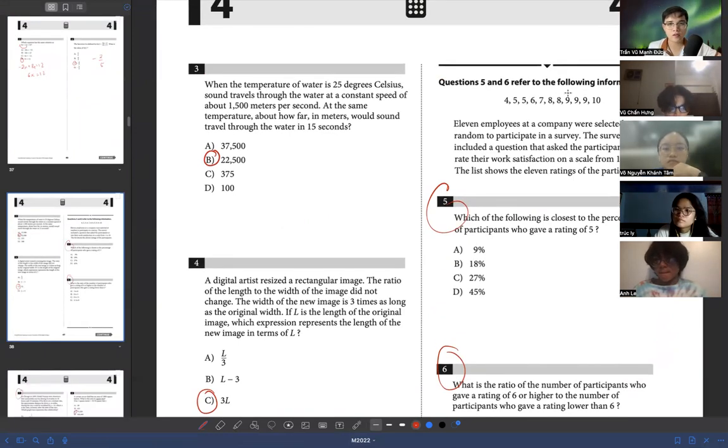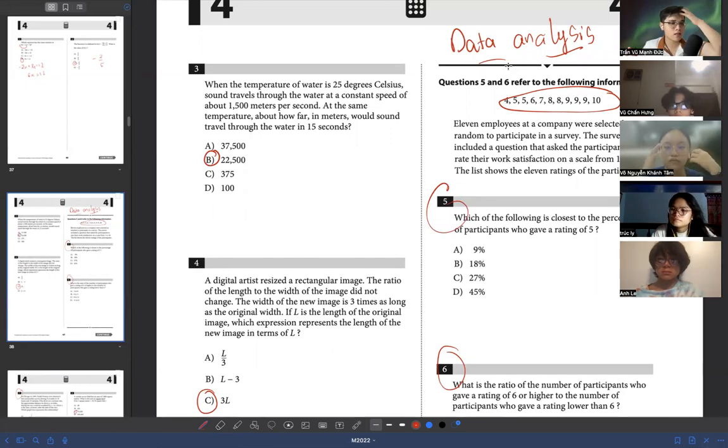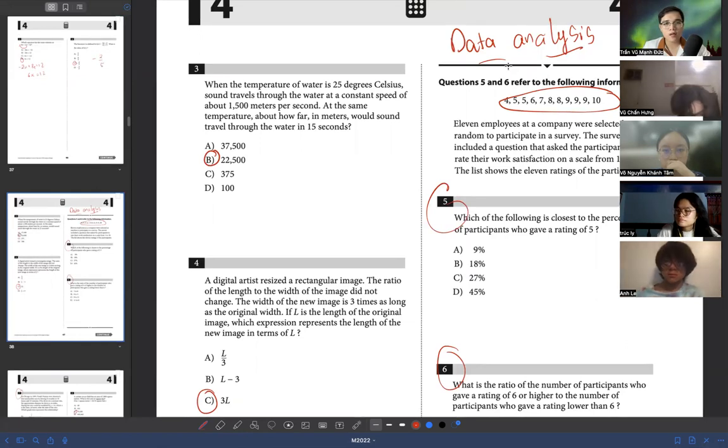a statistical question, and it belongs to the data analysis part of the maths. So there's just one thing about the SAT, is that maths, it tends to be quite lengthy. Although the digital SAT, they promise to have it shortened, but it's not actually. It's essentially the same. So the only major difference from the digital SAT and the